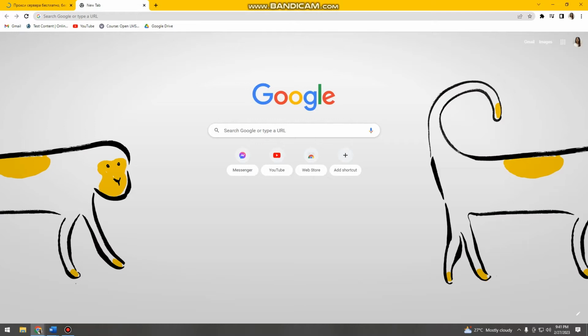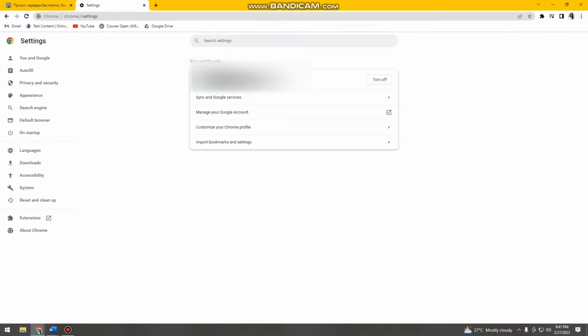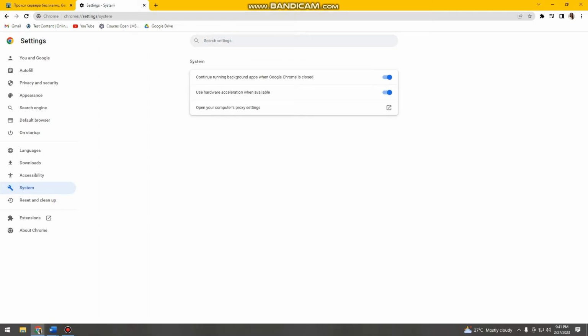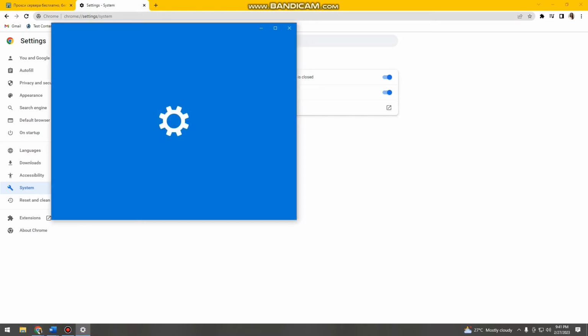Then go to New tab and then click this three little dots on the upper right side of your screen, and then click Settings, and then click System on the left side of your screen, and then here you want to click Open your computer's proxy settings,